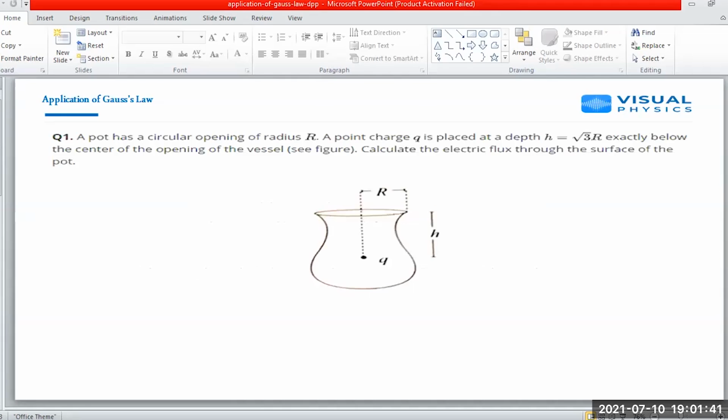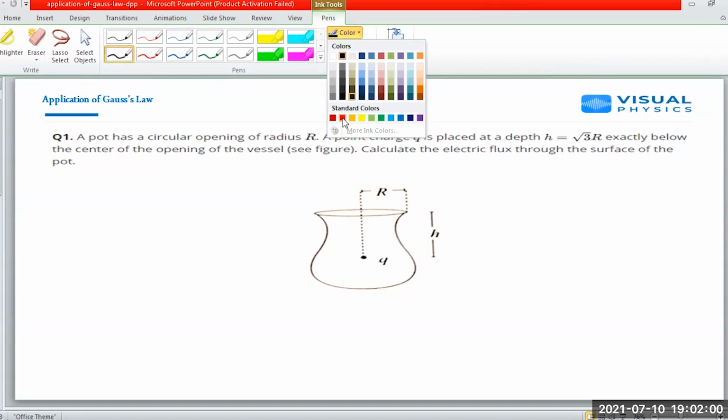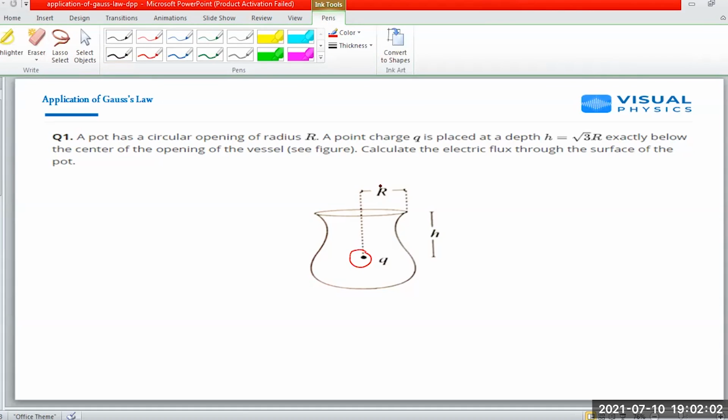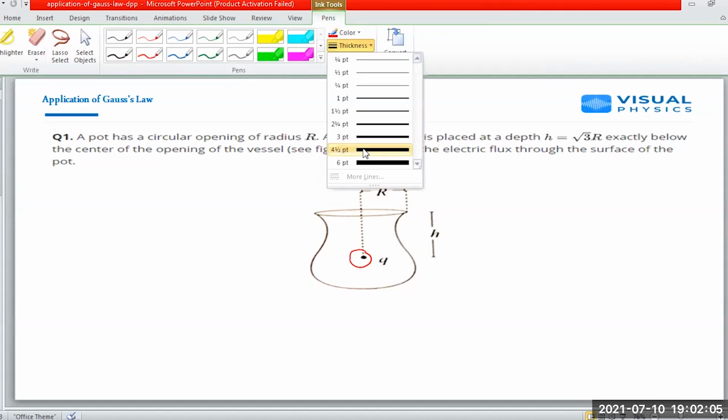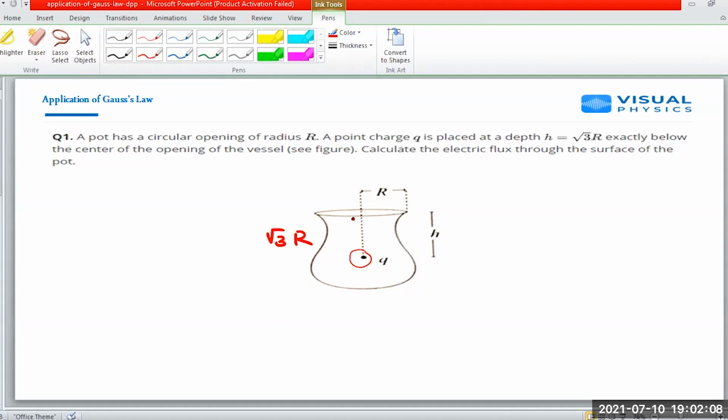Question number one. There is a pot, which has a circular opening of radius r. A point charge q is placed at depth root 3r. We have to find the electric flux coming out of this pot. Charge is here. It is root 3 times r, and this is r. So even though it is given as a circular pot, I'll see it as a cone